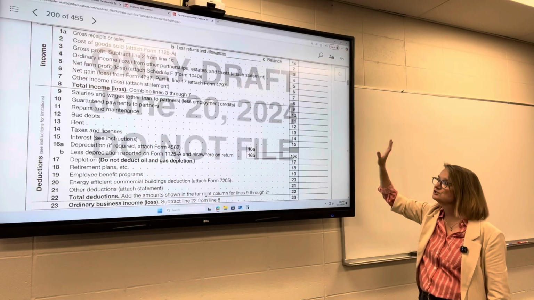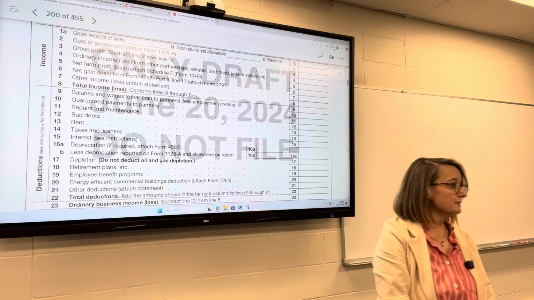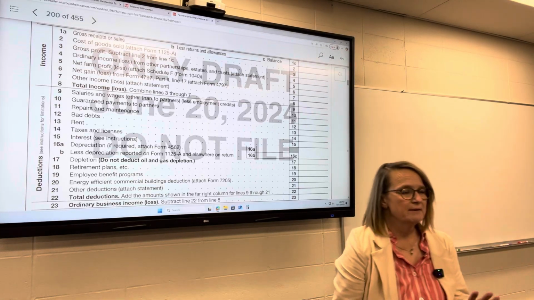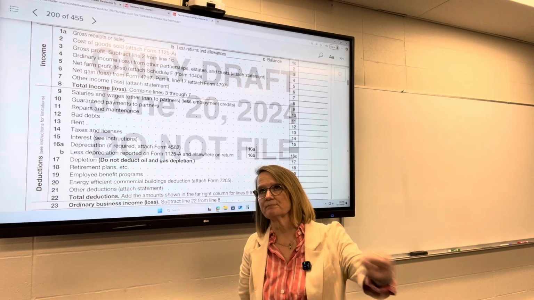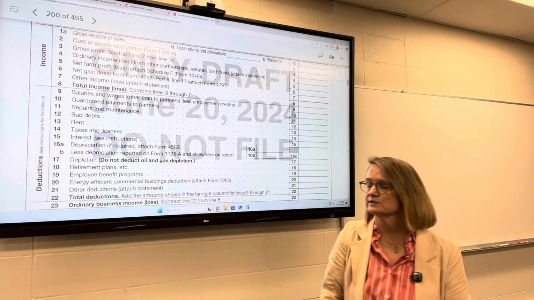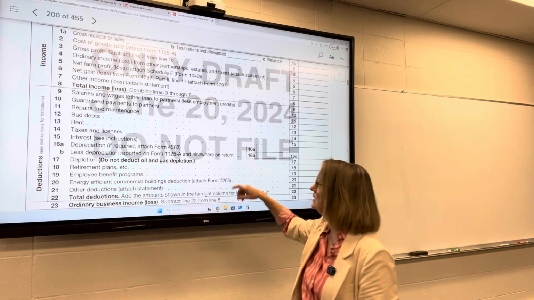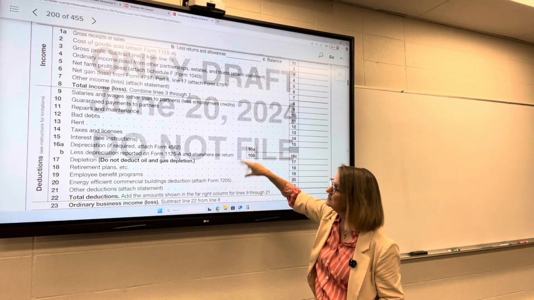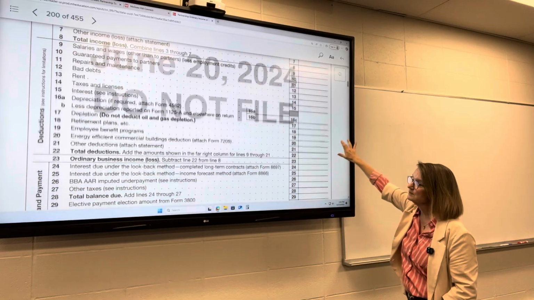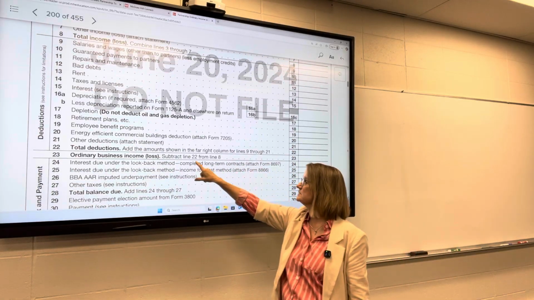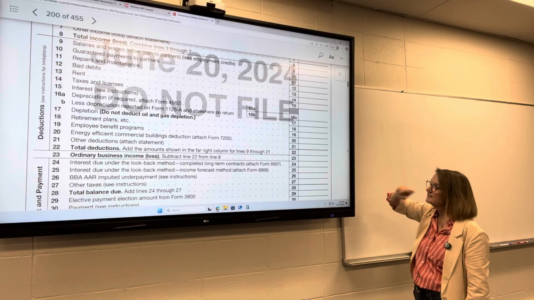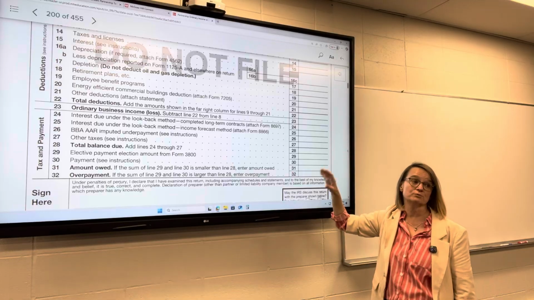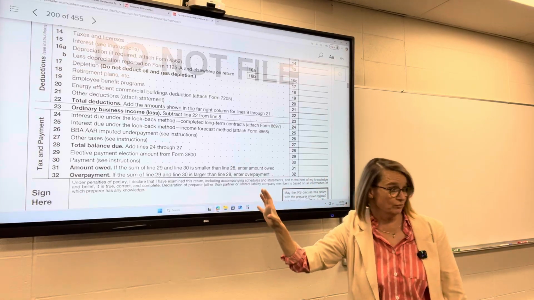So salaries and wages, guaranteed payments, which we're going to talk a little bit about. We sort of touched on guaranteed payments in chapter 8. We'll go into a little bit more detail on those guaranteed payments in this chapter as well, what those are. But all of the other expenses that we would list for our partnership to arrive at our ordinary business income or loss. Now you can see there are a lot of other things here as well. Like I said, partnerships are pretty complex. They have some really complex accounting rules,